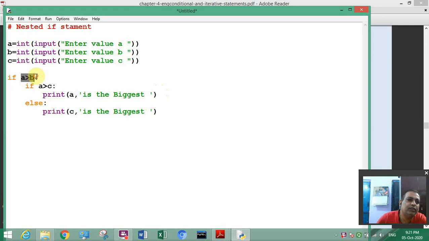If A is greater than B and A is greater than C, then A is the biggest number. If A is greater than B but A is not greater than C, it means C is greater than all numbers. Next,